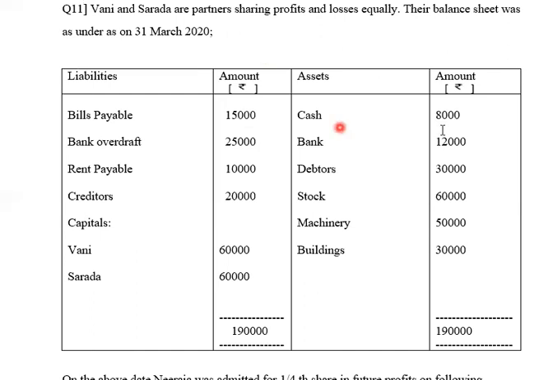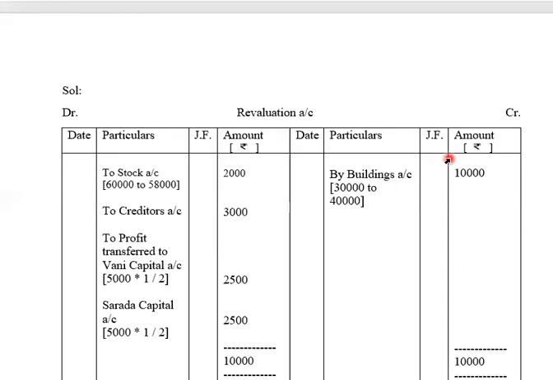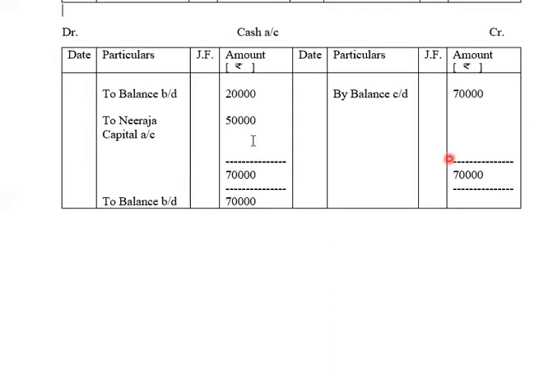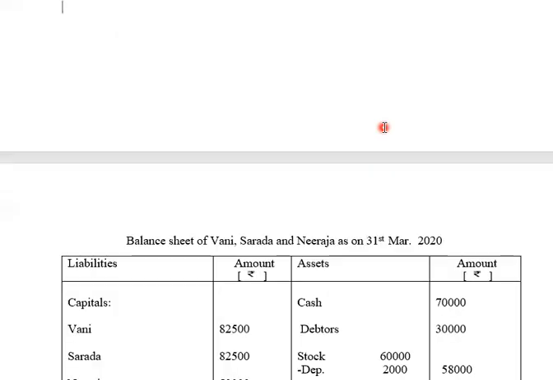तो यहाँ पे हम कैश 8,000 और बैंक 12,000 मिला के कैश 20,000 लिख लिए थे. बट ये नया पार्टनर आने से पहले थे. नया पार्टनर आने के बाद अपने साथ कैपिटल के 50,000 ला रहा. तो आज ये लोगों के पास कितना पैसा है? 70,000 है. So in new balance sheet we'll be showing the cash balance as 70,000. Then after cash they have